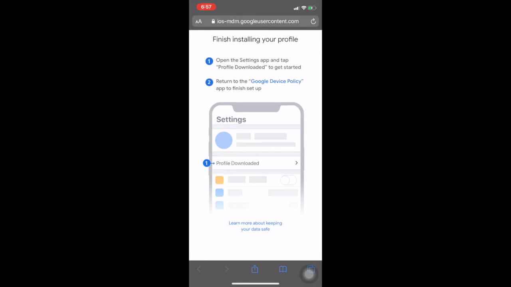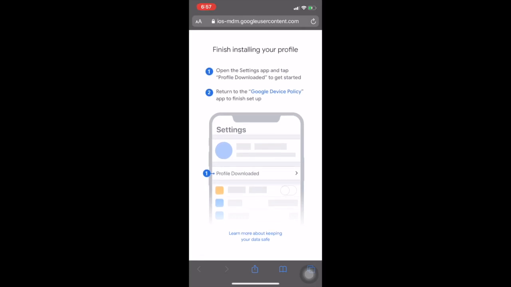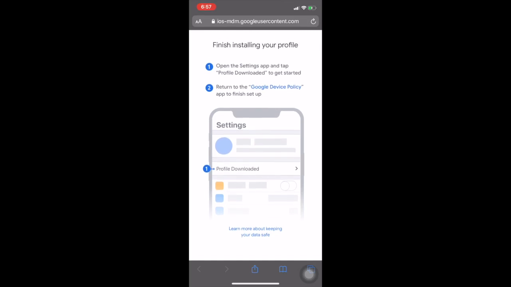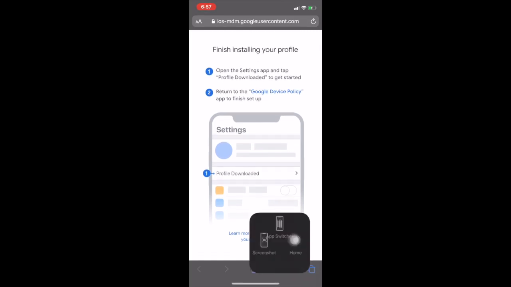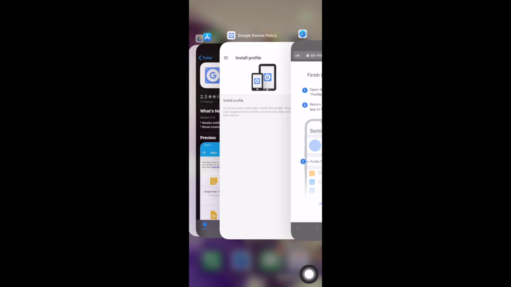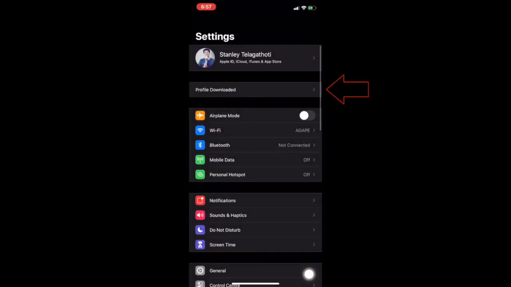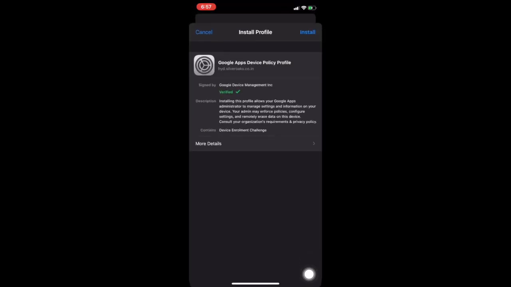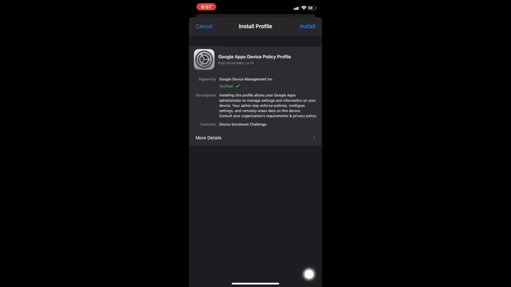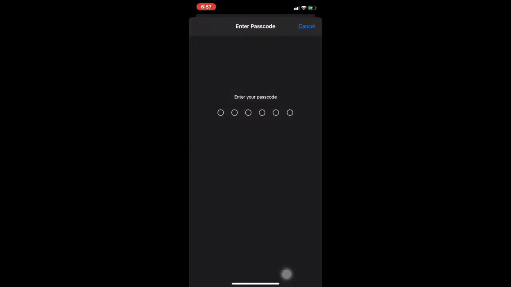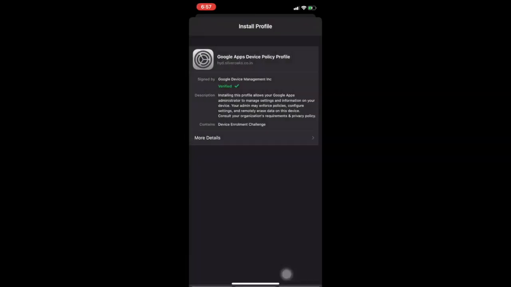So what you will do is minimize this page, and go back to settings, and under our account you will find profile download, and click on install, and enter your Apple or iOS device password and click install.